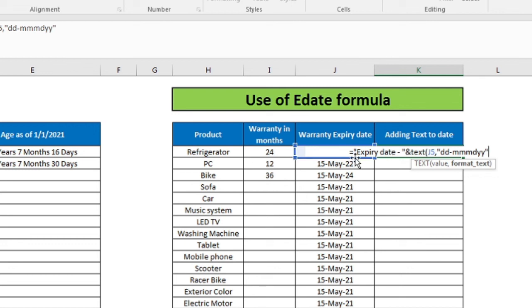So I have started with expiry date between double inverted commas and combined with the formula TEXT of this particular cell. So I selected J5 and comma, and what is the format that I want to use? Double inverted commas, DD hyphen MMM hyphen YY. So that is the formula I use.